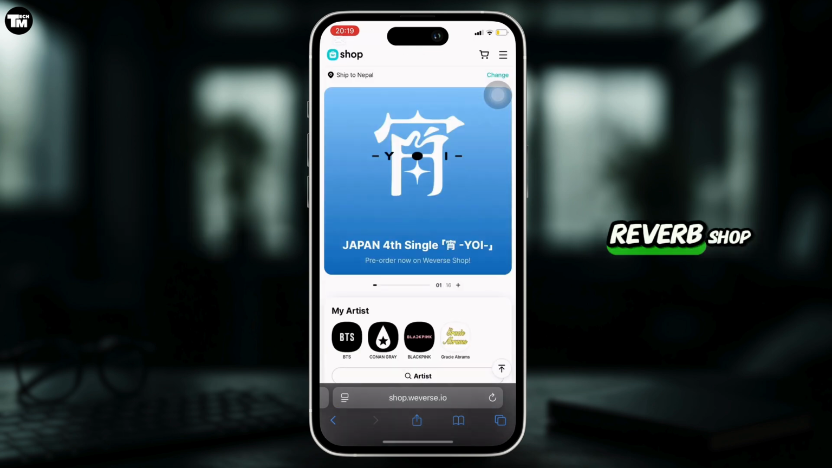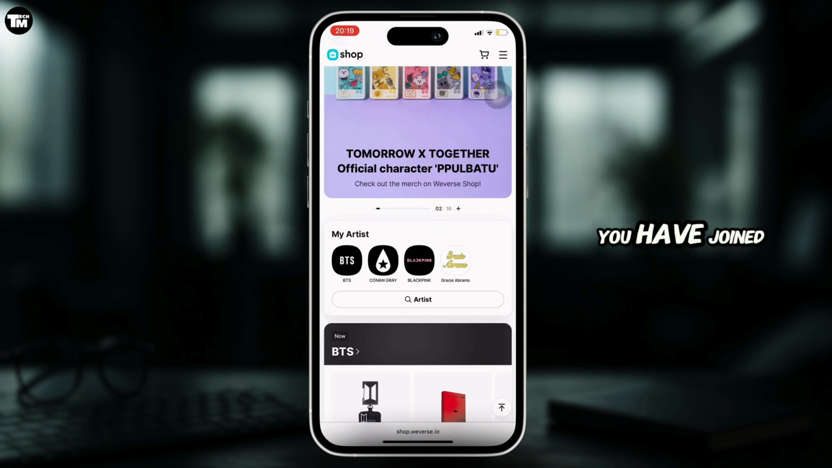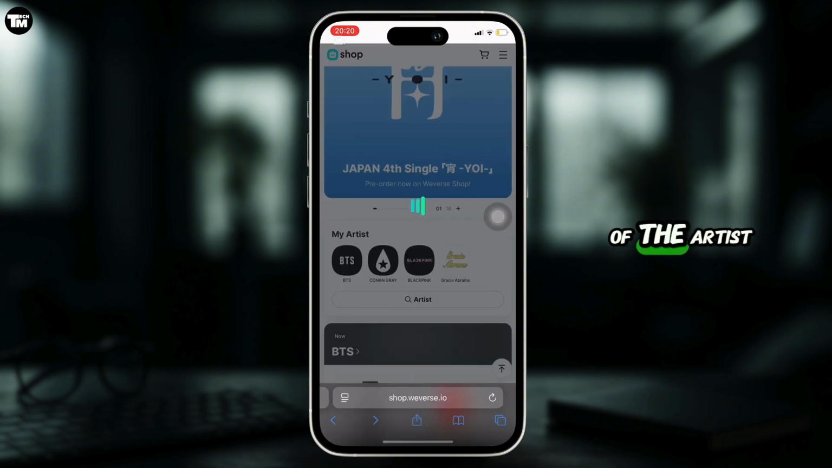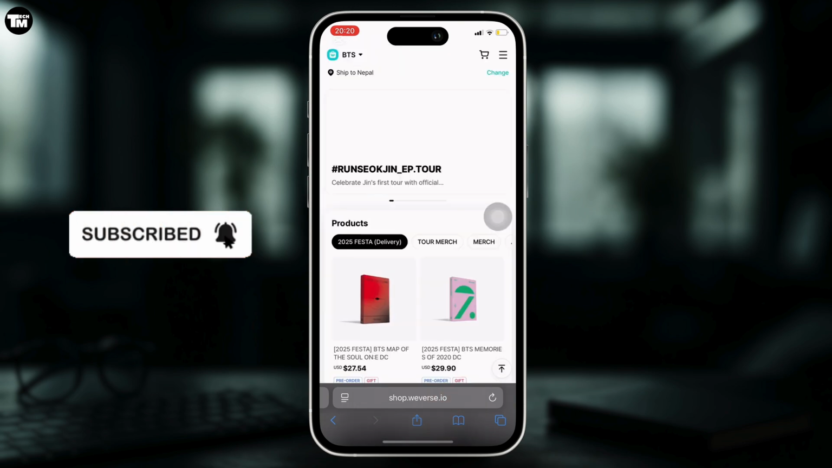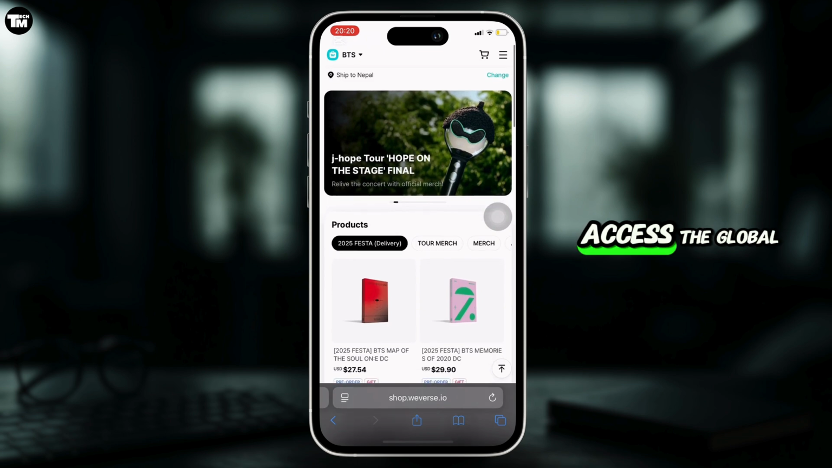Once you have been logged into Weverse Shop, what you want to do is make sure that you have joined the community of the artist that you want to access the global products. You can simply move into any of the artists. And there you go, it will land you on this page where you will be able to access the global